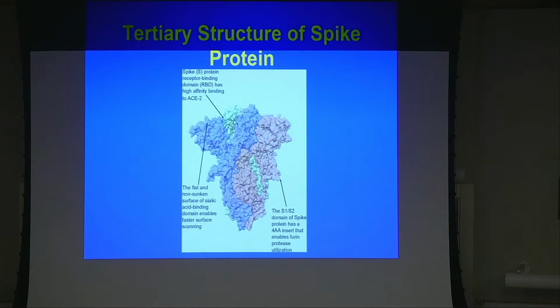So we've gone here in these three figures to show the primary amino acid sequence, 1 to 1273. Then we showed how the alpha helical regions will bind to the ACE2 receptor. And now this is the overall three-dimensional shape of the protein. And the overall three-dimensional shape of the protein has a number of different regions which will do different things. This is the part that binds to the ACE2 receptor. This is